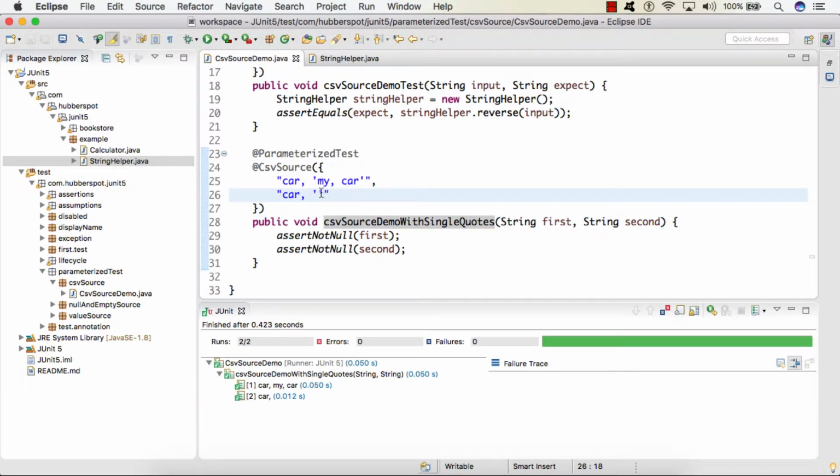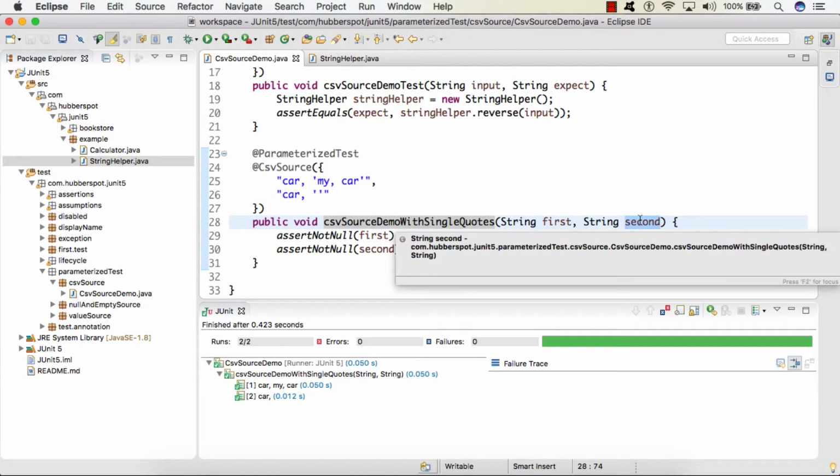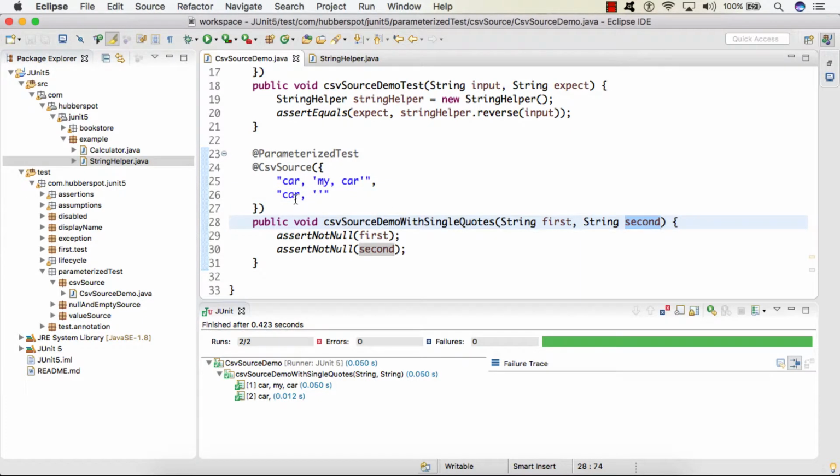And also friends, if you don't provide this single quotes, then this string second will be taken as null, because we have provided first value and then we have provided comma. So @CSV source expects that after comma there should be a value. If not provided, it will take it as null.